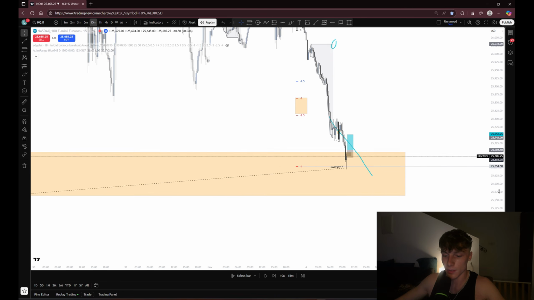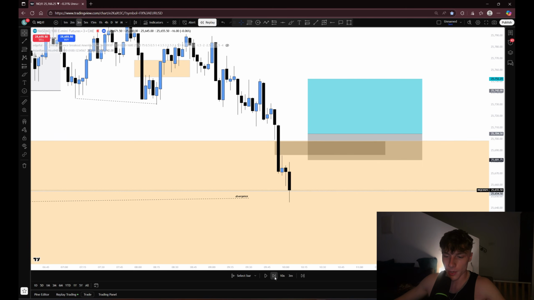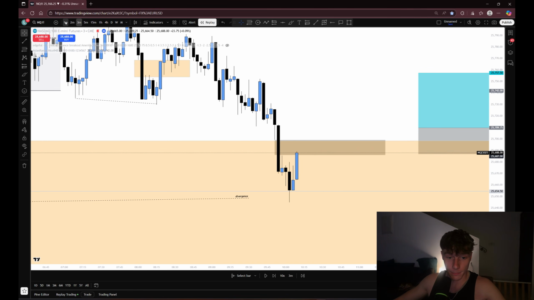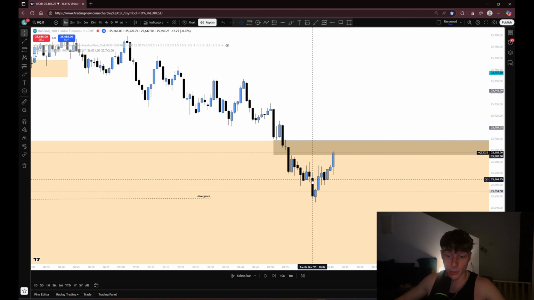So as soon as price came into this area, I was looking for the model. When it comes to entries, I use an inverse fair value gap. You can see on the 3-minute here that we had this gap. Let me just move that out of the way. And on the 1 minute, there was an inverse gap here. So I could have got involved here,